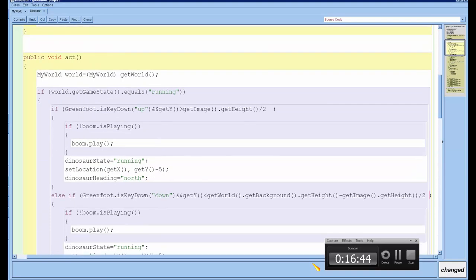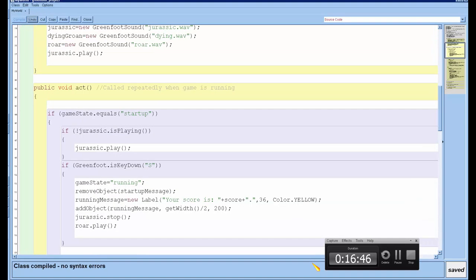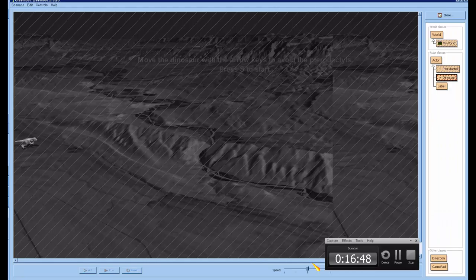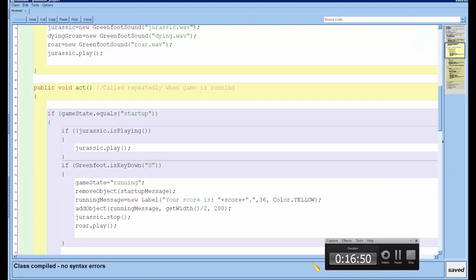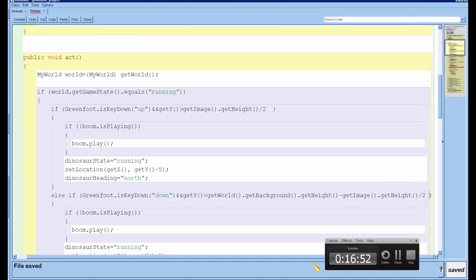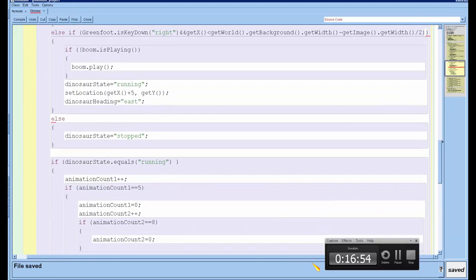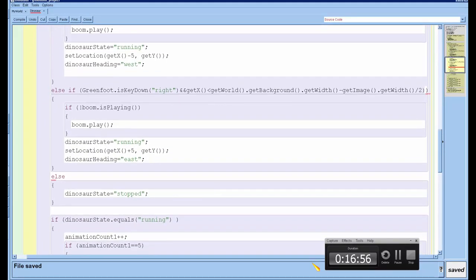All right, let's try it now. All right, and it's still saying I have some problem. Let's see what it is. Oh, I didn't get rid of one. I have one too many parentheses.